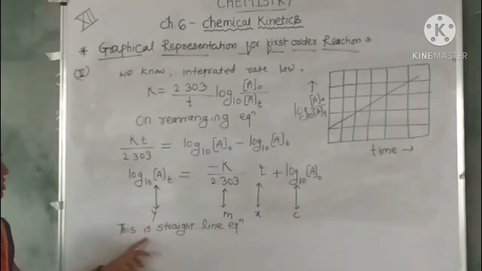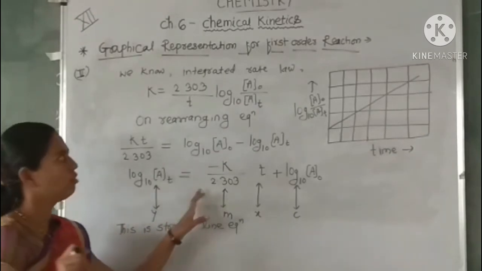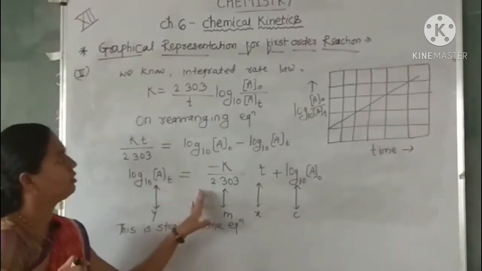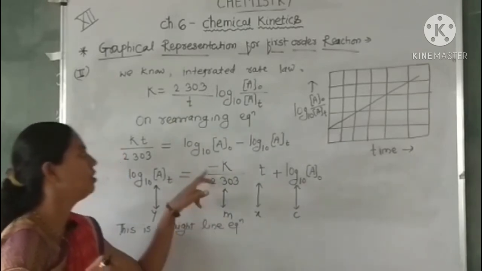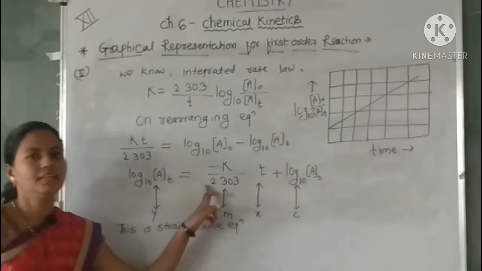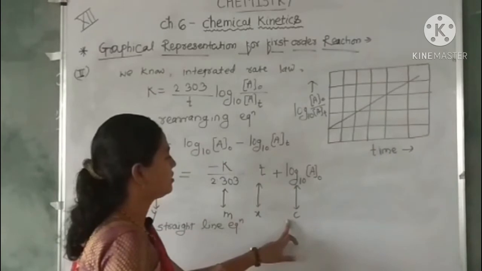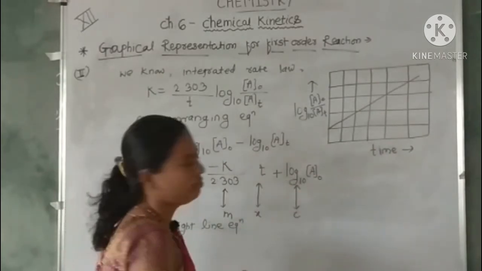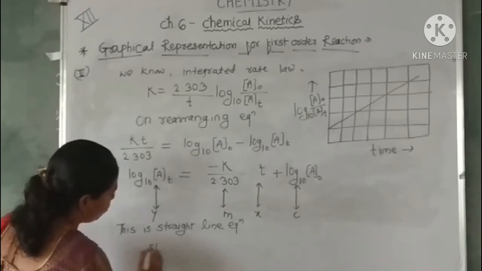From this equation, we can conclude that the slope of this integrated rate law equation is minus K upon 2.303, the slope of that straight line, and the y-axis intercept is log to the base 10 of A0. Therefore, we can write the slope of the equation is